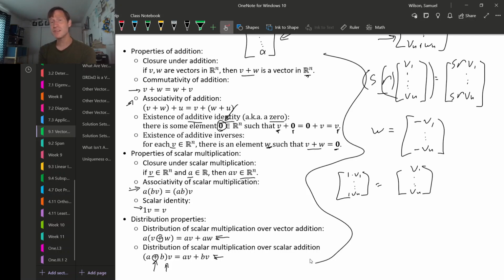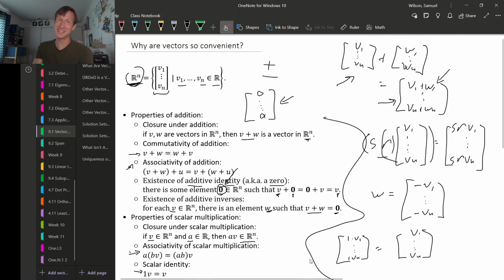For that reason, anywhere we have a collection of things with an addition and a multiplication that satisfy all of these properties, we can treat those things as if they're vectors. And that will let us use the tools of linear algebra in a much wider context than just in the context of Rn. So that leads us to our first big definition for the course, which is what is a